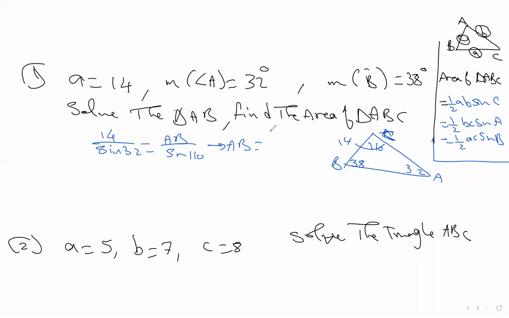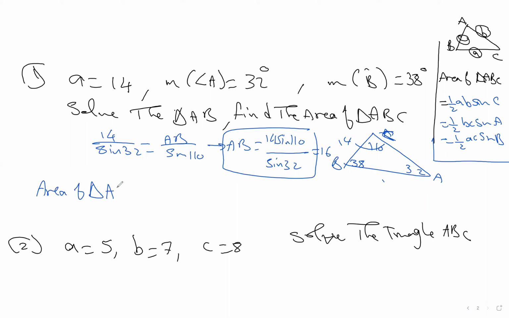AB equals 14 sine 110 over sine 32. Okay. So you have AB, and can you calculate this length, please? We find 14 sine 110 over sine 32. What did AB come out as? It came out 16. Okay. Then the area, after you solve, the area of triangle ABC equals half the product of the two sides,